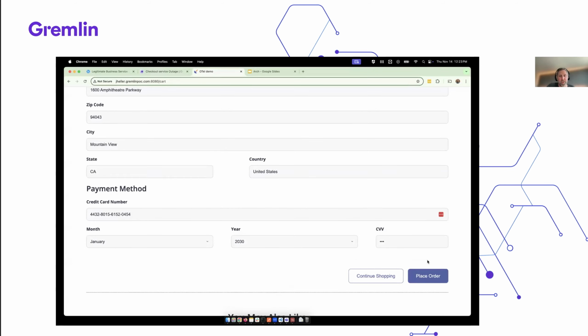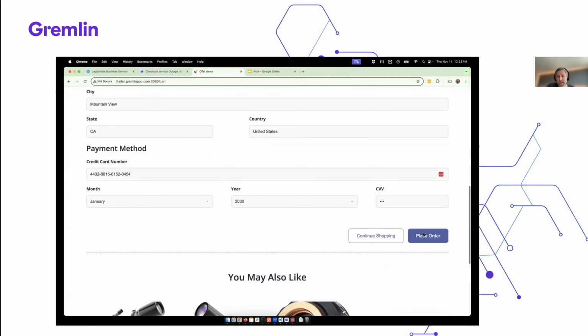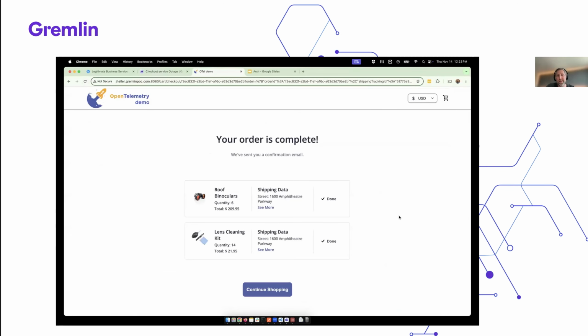So if we go back to this side of it here, I should now be able to go back into my carts. That's still there. I should be able to go and place my order, and now my order is complete now that that test got rolled back. So, a simple example on there, but I think really the key for this one